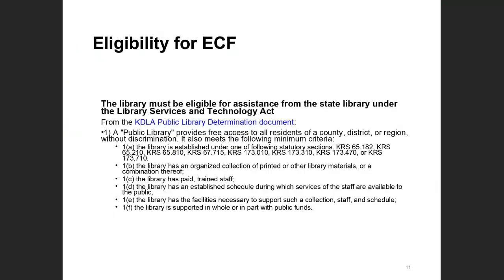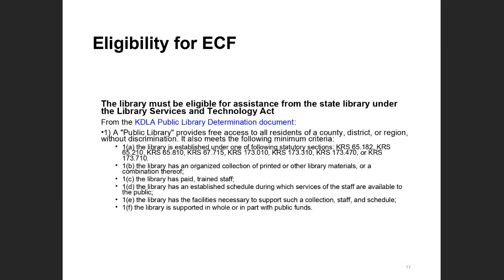All right, so eligibility for the ECF is just like E-rate in the sense that you have to be eligible to receive funding from the Library Services and Technology Act as determined by your state library. So in the chat, I just added a link to KDLA's library determination documents.